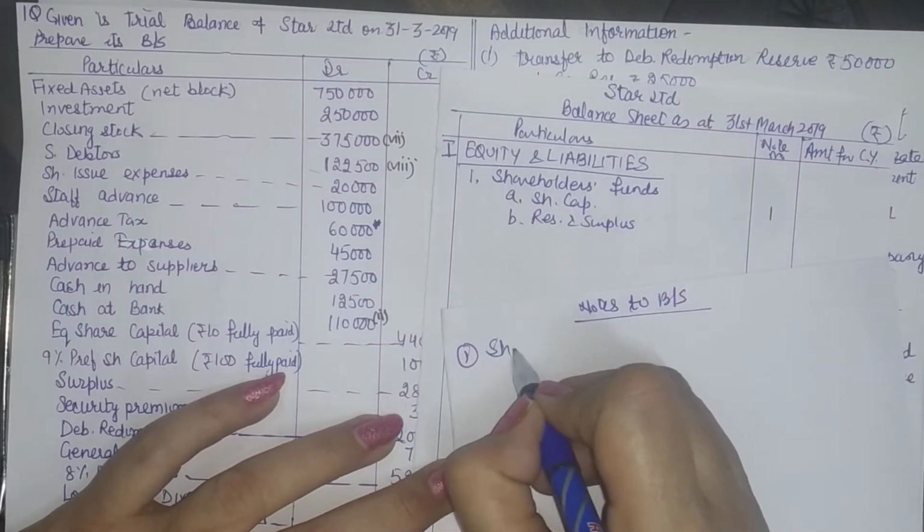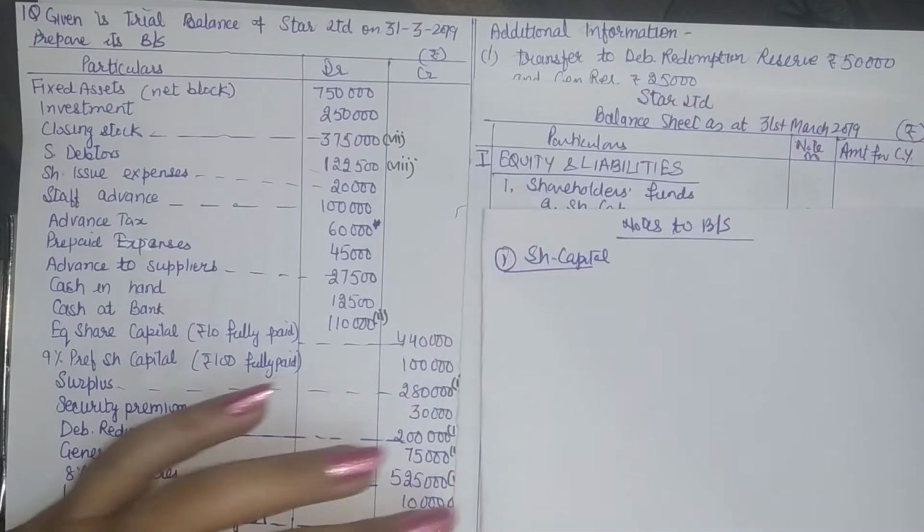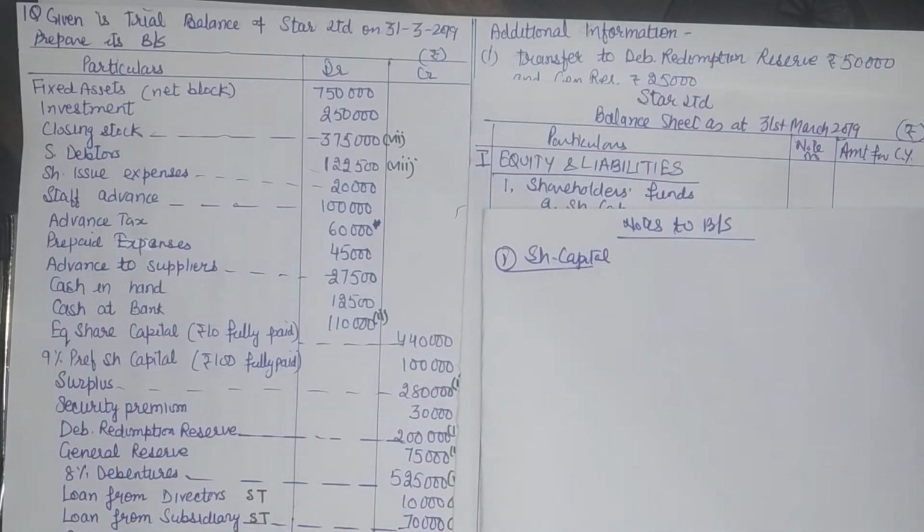Now the ICAI guidelines basically say that all the details should be given. The reconciliation of capital from opening to closing balance should be given. Then the categories of capital, equity and preference, should be reported separately with authorized, issued, subscribed, called up, paid up capital. Plus if anybody is holding more than 5% of the total paid up capital, that person's name must be reported separately. Capital held by directors and officers should be reported separately.